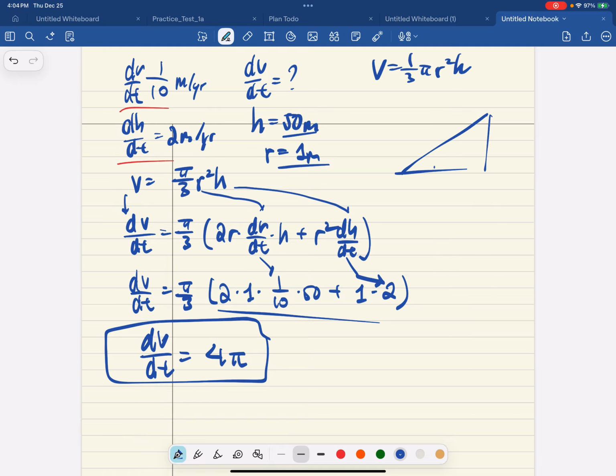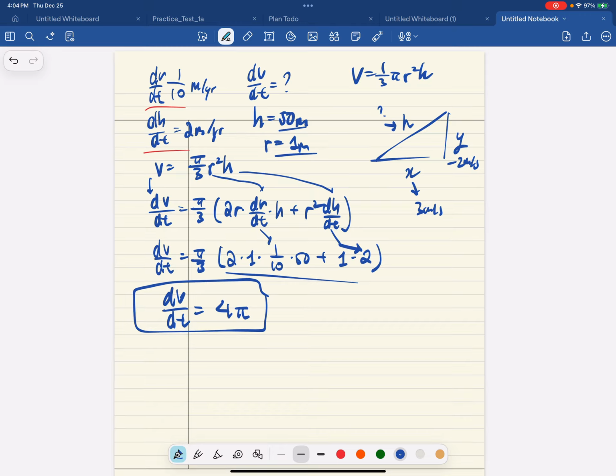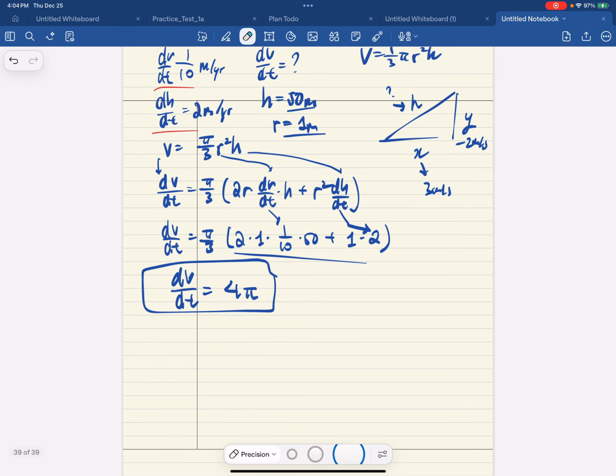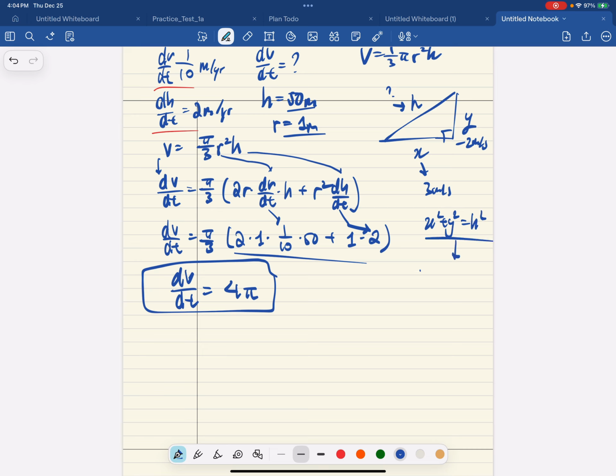And it could be triangles where they will tell you there is an h here, there's an x here, there's a y here. The x is changing at a rate of 3 meters per second. It's increasing. Y is decreasing 2 meters per second. At what rate is h changing? Really similar type of situation, because there's a function over here. This is a right triangle, so you know that x to the 2 plus y to the 2 is equal to h to the 2. From here, we can do